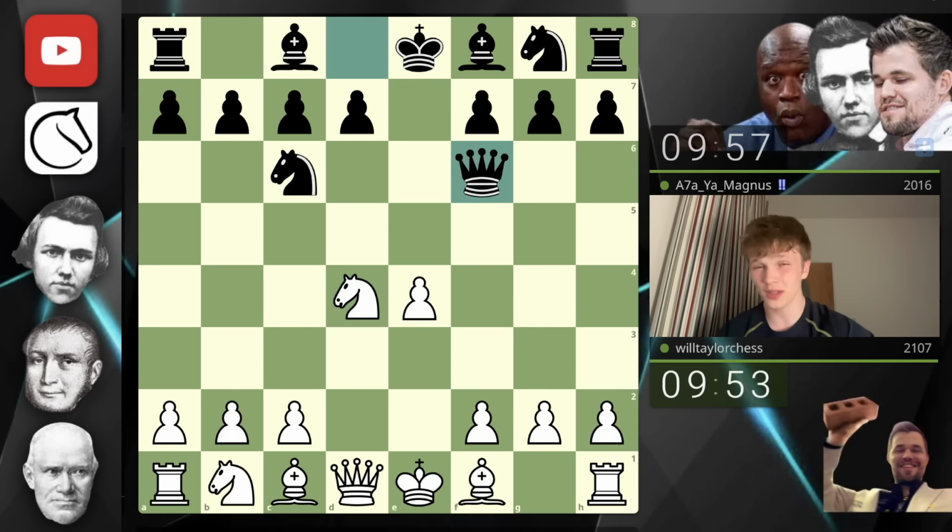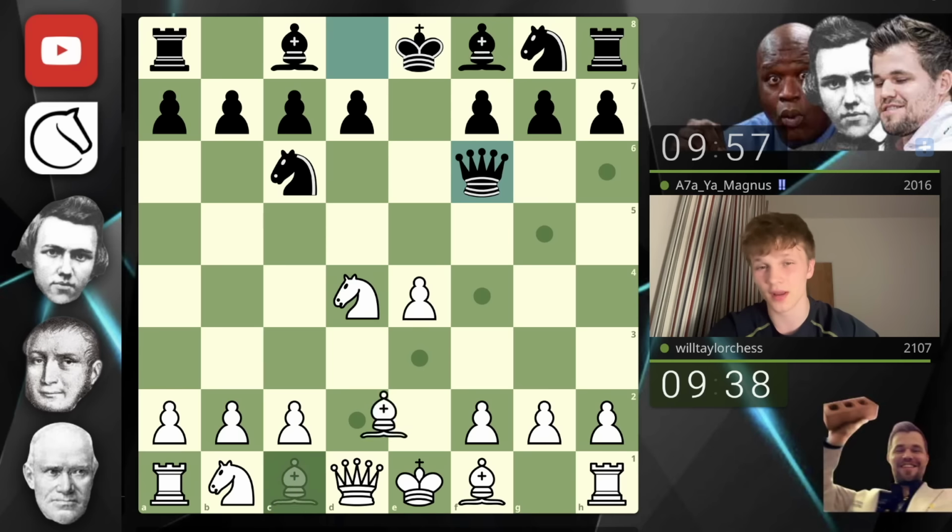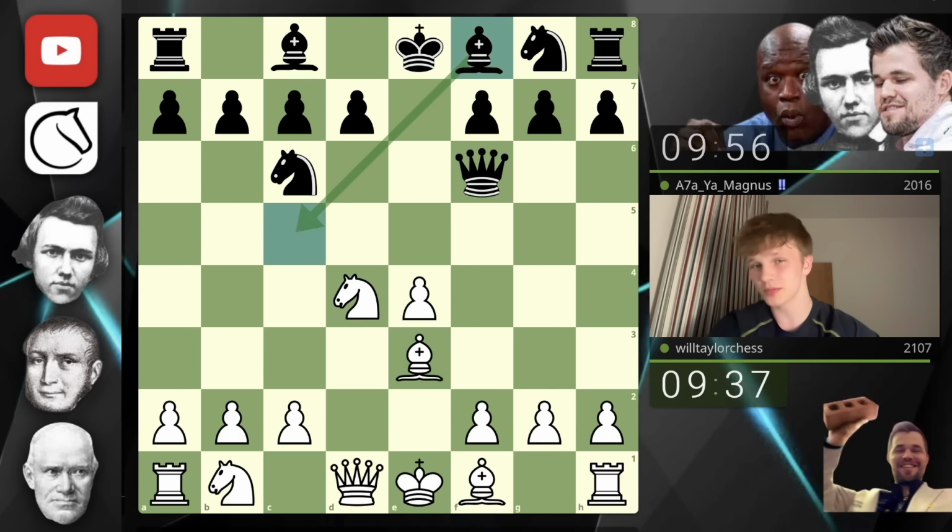So the main move in this position, I believe, is bishop c5. This is the classical variation of the Scotch. Then after bishop e3, queen f6 is the natural follow-up. So I'm thinking if queen f6, bishop e3, and then bishop c5. There we go. We transpose into the position known as the classical variation of the Scotch,